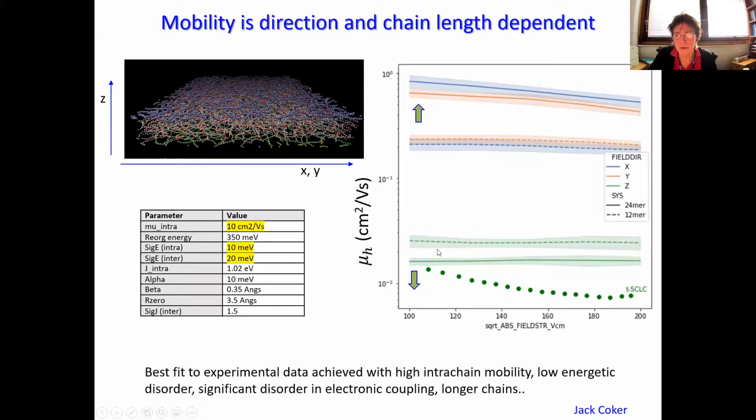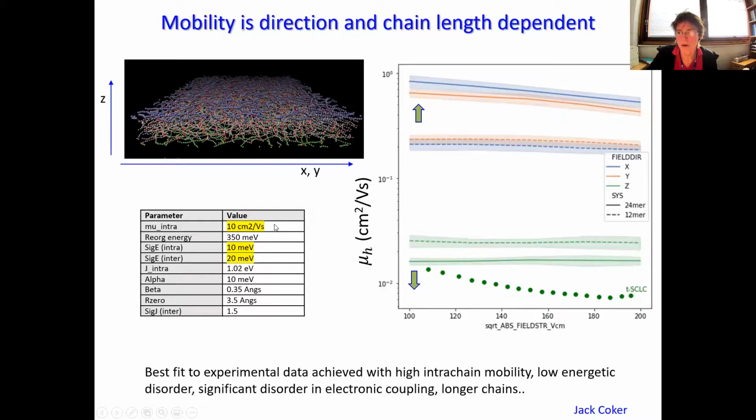We've got 2 things to observe here. One is that there's a significant anisotropy in the Hall mobility, in that the transport in the lateral direction, the X and Y direction, is an order of magnitude or so larger than in the vertical direction. And secondly, there's an effect of the molecular weight of the polymer. In our coarse-grained MD, we can only go up to chains that are maybe something like 20 or 30 repeat units long. It's still short compared to the experimental polymers, but we notice that the anisotropy gets more severe as